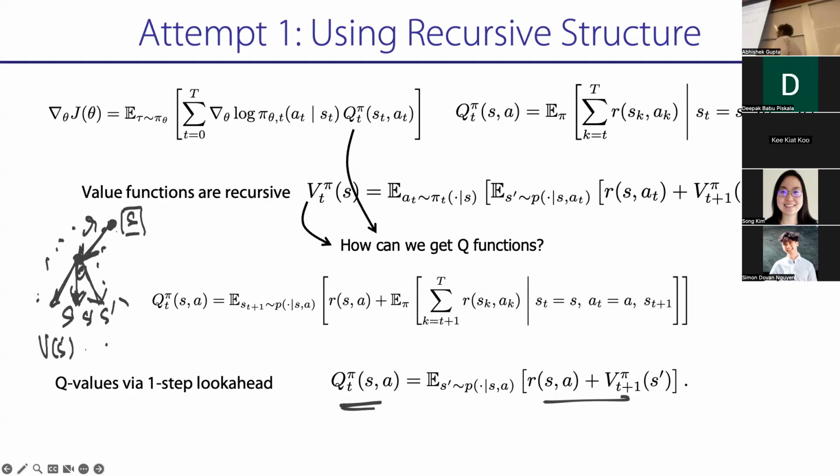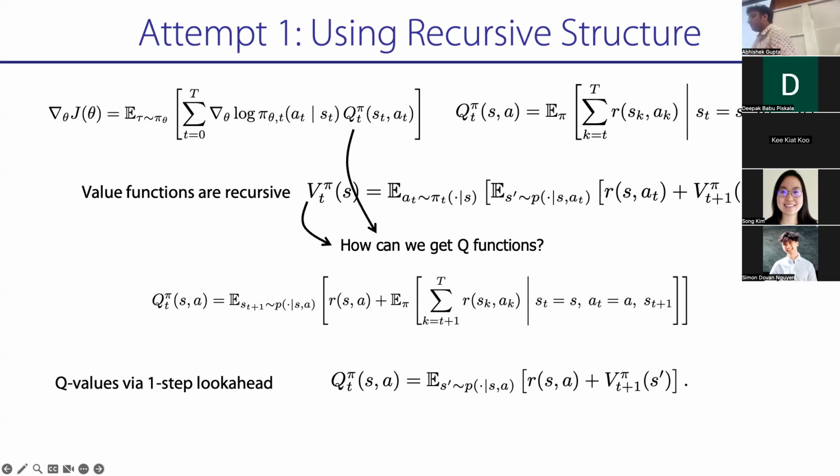So it's kind of saying, if I took action A at state S, I stochastically transition to different S primes according to the dynamics. I average my current reward plus the value of those future states I could have reached, right? And that gives me my Q function when I take A and then follow policy pi. Okay? So you can always go from Q to V by taking the average Q function, that gives me V. You can always go from V to Q by doing a one-step look ahead, right? So it's kind of like saying, if I want to know how good an action is now, I'm going to see which states my action reaches, and then see how good those states are.